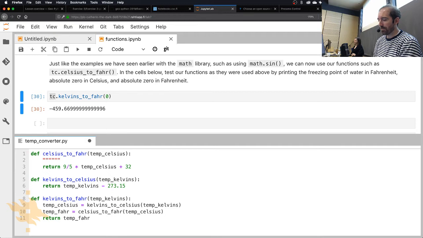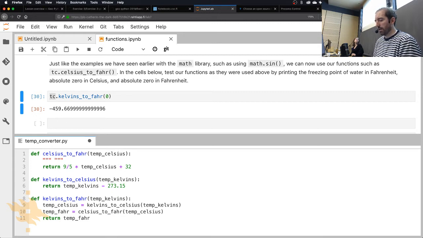So all the text that's contained within here, so these are 3 sets of double quotes. It will work with single quotes, but the PEP 8 guidelines for writing nice Python code says you should use double quotes. I don't have any idea why, but inside here with our Celsius to Fahrenheit function, as an example,